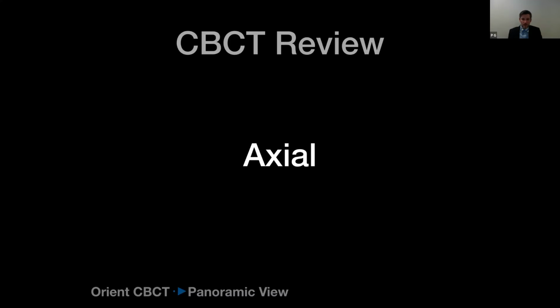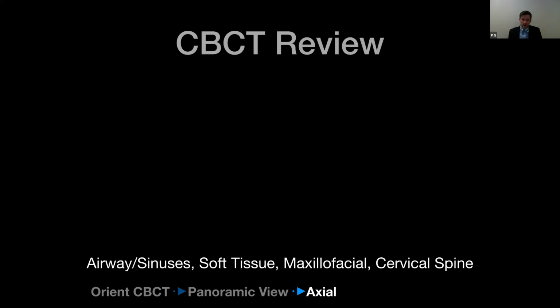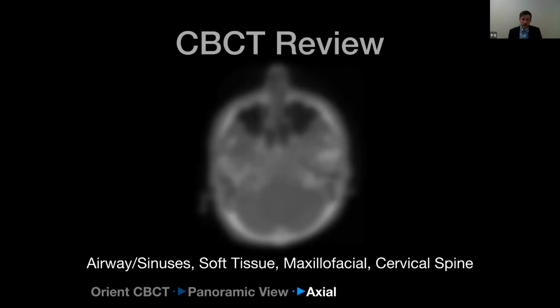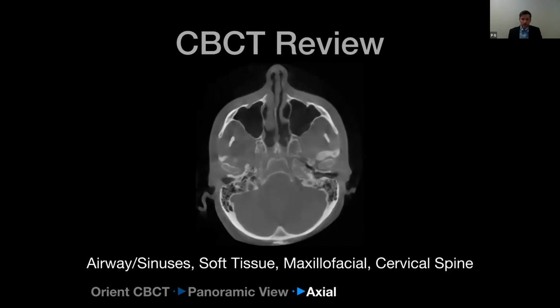And then here's my viewing sequence for looking at the 3D data. So you've heard me mention before, axial, coronal, sagittal, and that's what I do. So looking first at the axial view, these are the structures I'm looking at when I'm going down in my axial slices. So I like to look at everything that's dark first. So the sinuses and the patient's airway.